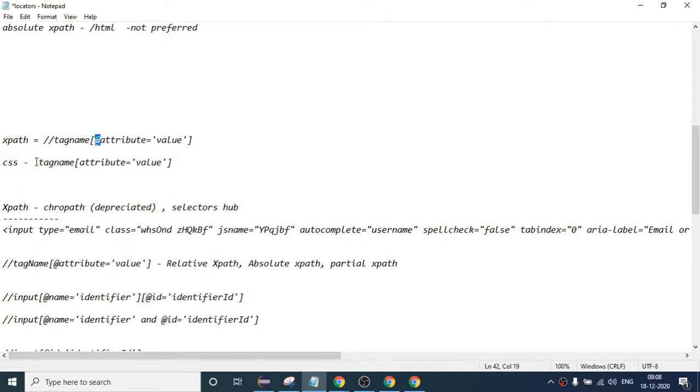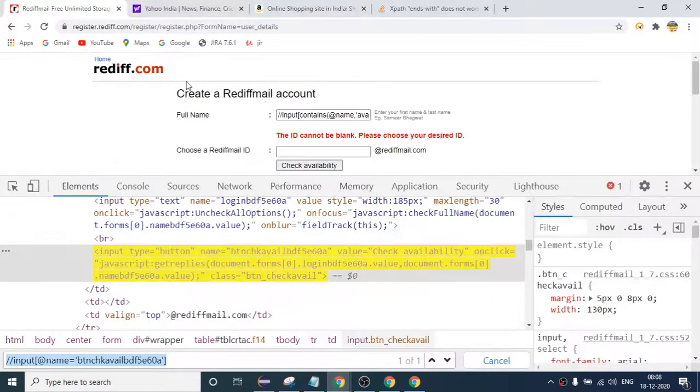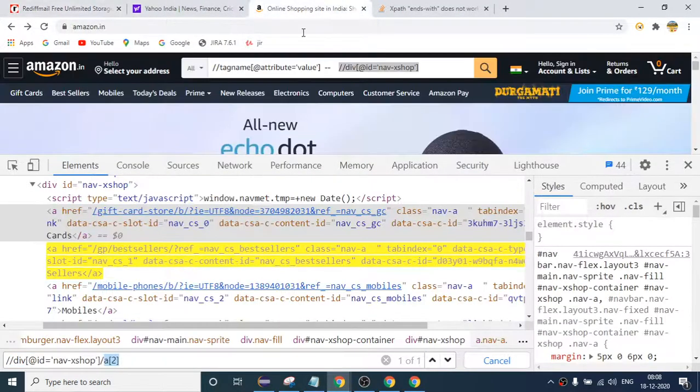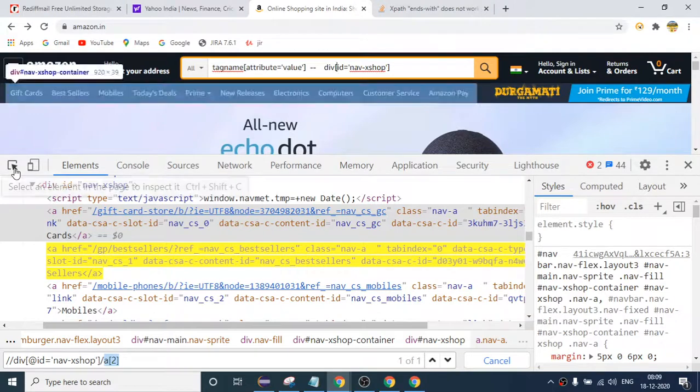If I copy this syntax of CSS and write any CSS, for suppose if I come here, again for this text box, if you remember we wrote XPath for this text box, but if I want to write the CSS, I will simply remove the double slash and at the rate.